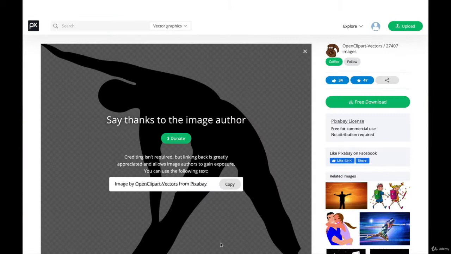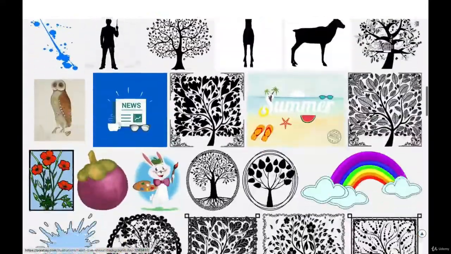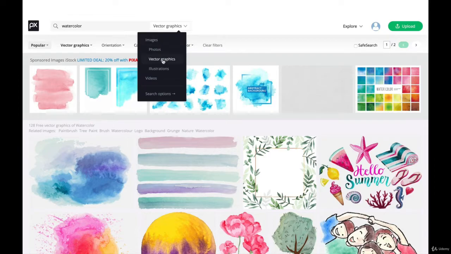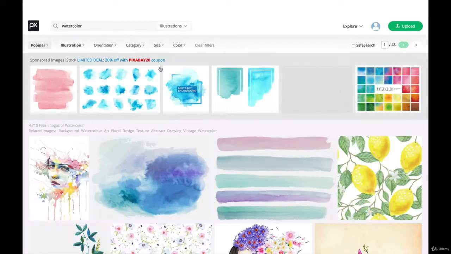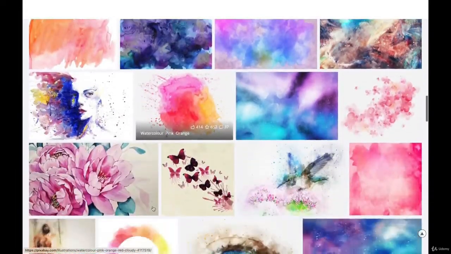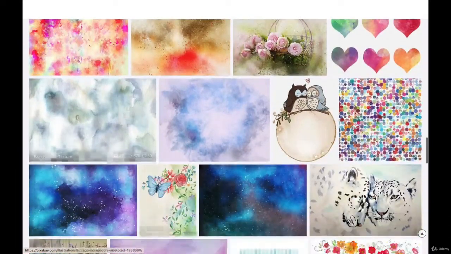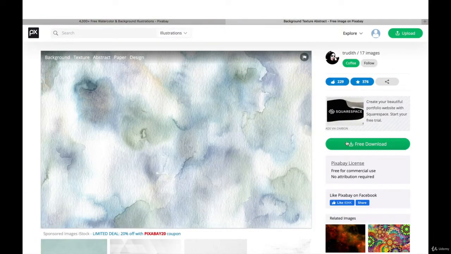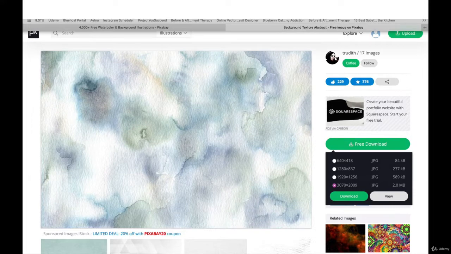One thing I just thought about adding to it was some watercolor. So what I like to look for when I'm doing logos is I'm on vector graphics. I want illustrations. And what I like to do is look for something that is, I love that one. I will go ahead and download that. And then,